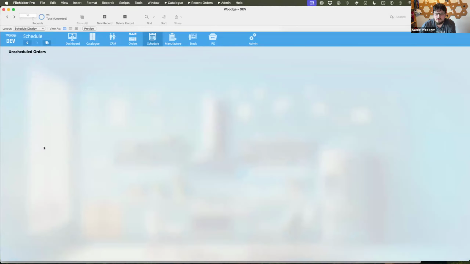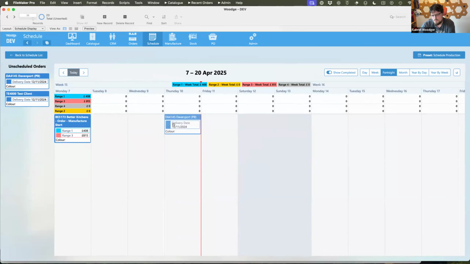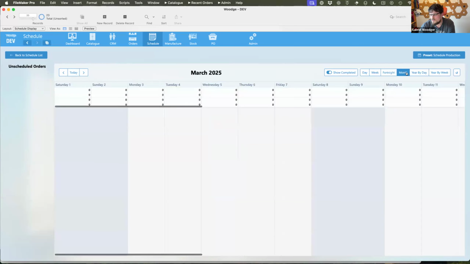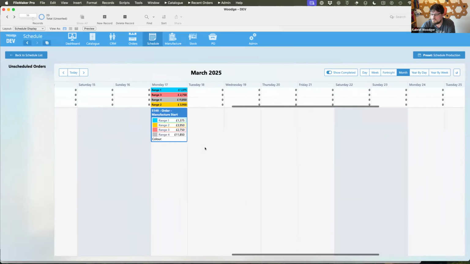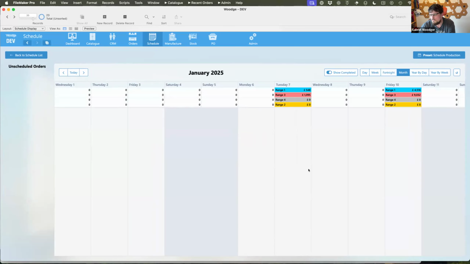So if we have a production schedule from here, we can see, right, here's all my orders for this week. I can see how much value this order is. I can see how much work I'm going to do. So in this one, I'm going to drag it in and drop it in here. As I drag things around and put them on top of each other, I can see how much work is involved with each of those. So if you are a production manager and you're looking to manage how many kitchens go through your workshop, then being able to move them around in here, and when we move the order, all the other related processes and dates and other bits and pieces are all driven from that.